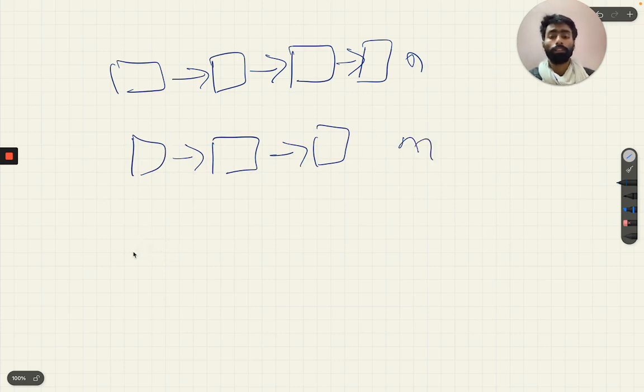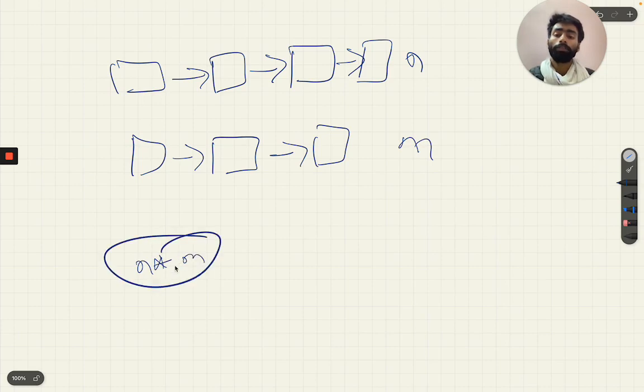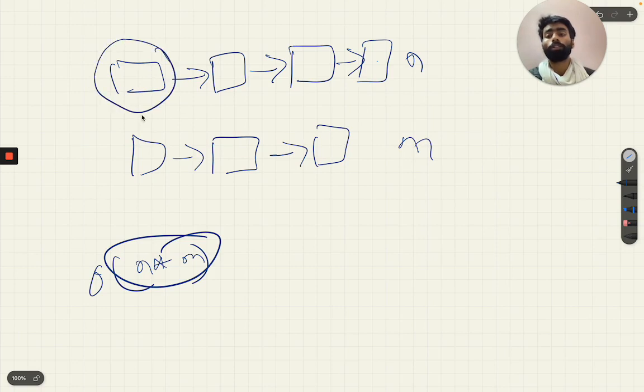And we know that in this kind of comparison it will take n times m in the worst case, that is, if the common point is at the end of both linked lists. So in brute force, or the naive solution, we compare each value of the first linked list with every value of the other linked list.